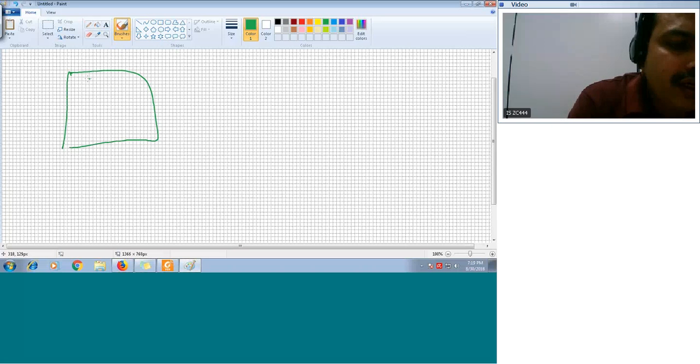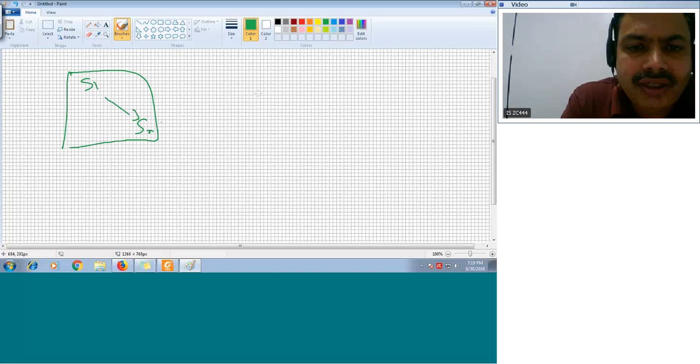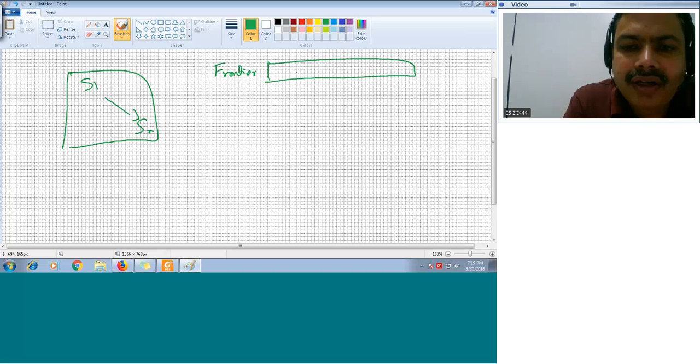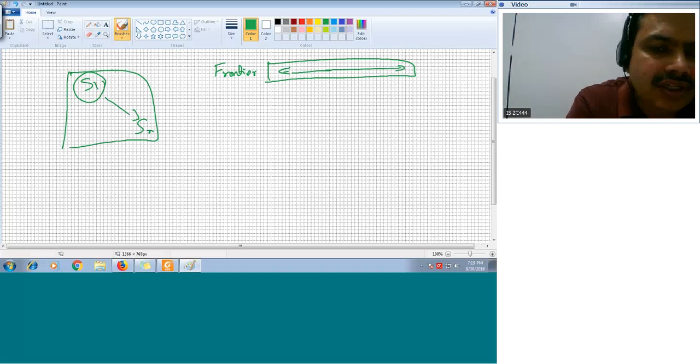What I wanted to say is, let's assume that you have S1 to X number of states, and you are in some state. Initially you have a frontier. Frontier is actually nil, no item is there. But when you start, you put the initial state into the frontier, and your algorithm does, number one, take